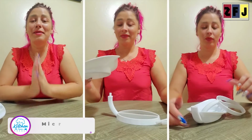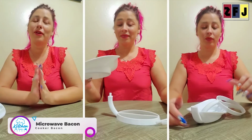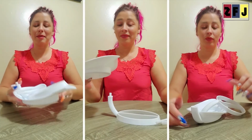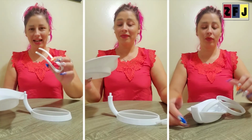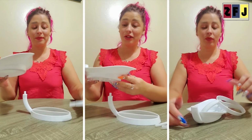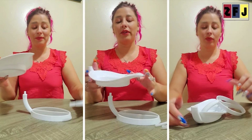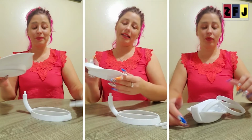Hi guys, today I'm so excited to test my new product that I bought from Amazon from the ZFJ store. This is the bacon rack that comes in 3 pieces: the bacon rack and the tank that you grab your bacon pieces from. I love this design so much, it's so convenient. This plate is so convenient to catch the oil that will be dropping from the bacon